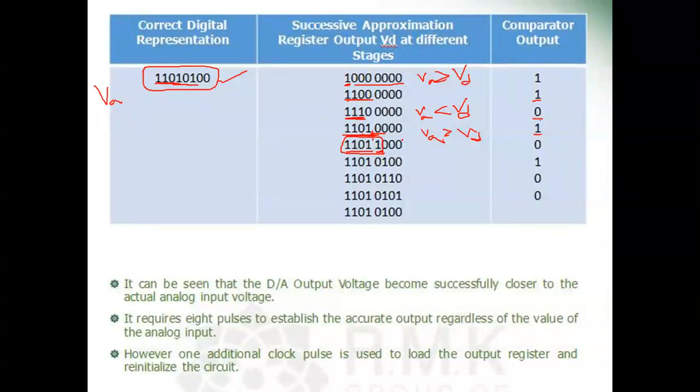So obviously VA is less than VD. If we compare the first 5 bits, we will come to know that. So then the output of the comparator is 0. So what we should do, the fifth bit I will make it as 0, and the next bit I will make it as 1. So now the next case, when I compare 6 bits, VA is greater